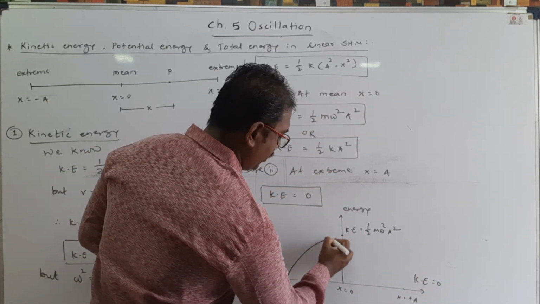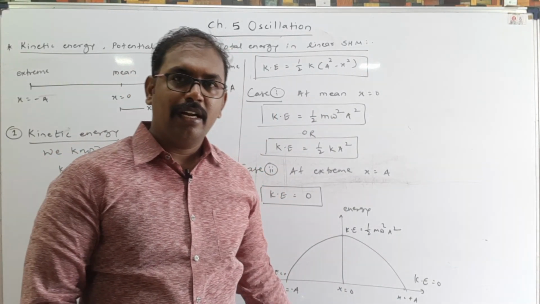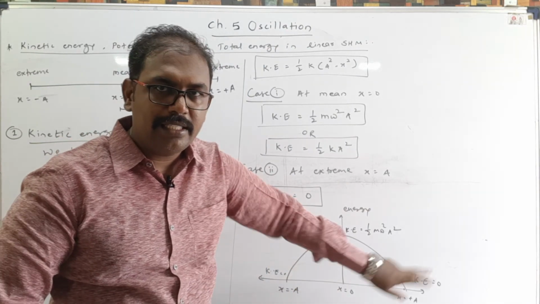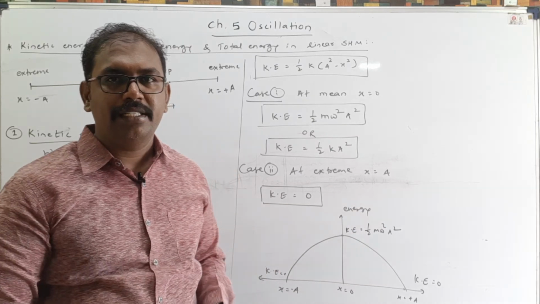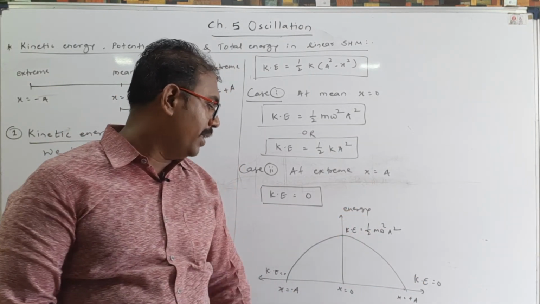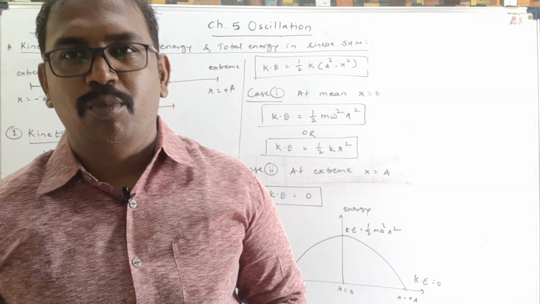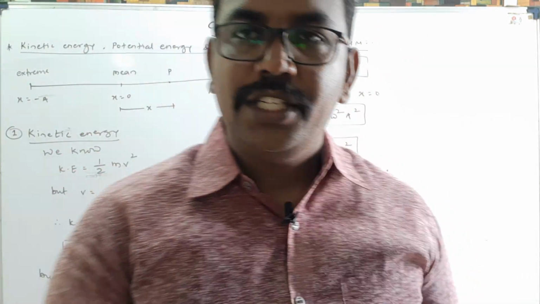So we get this type of graph of kinetic energy. This is a graph of displacement versus energy, where I have taken displacement on this axis and energy on this vertical axis. So we get this type of graph. Here kinetic energy is 0, 0, and here it is a maximum at mean position. Now after that we have to start with the potential energy. Now the potential energy formula